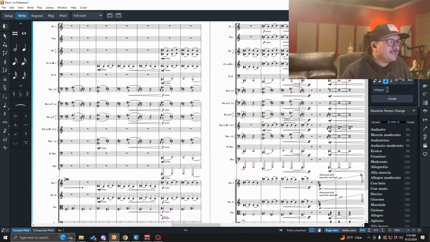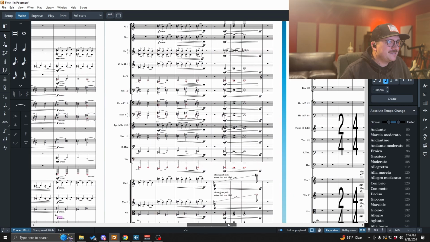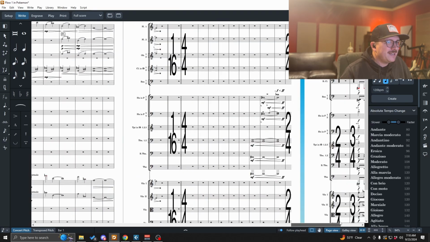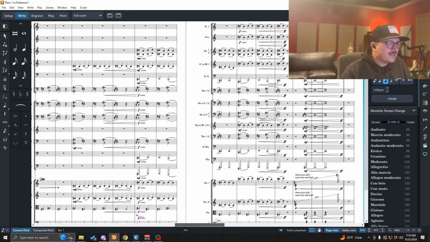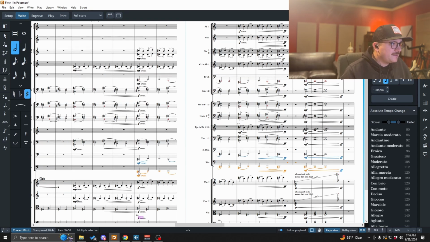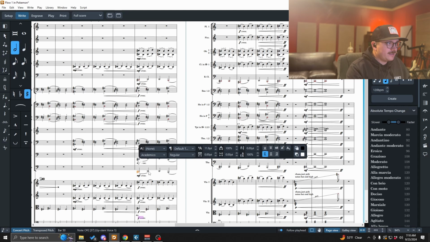This is the point where it's telling me the tuba's out of range. So I'm probably going to go in and pull that up an octave and then just say 8vb if possible, sort of a thing. So yeah, I should do that actually. So why don't I grab all these notes, shift, move them up an octave, and then we'll add a bit of text here that says 8vb